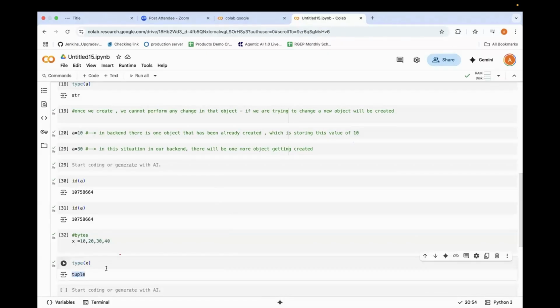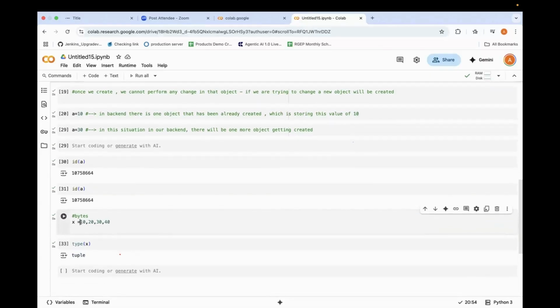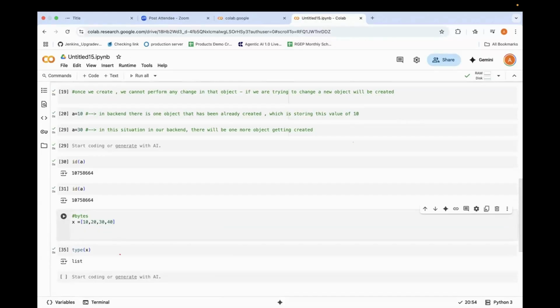It is a tuple. Anything that I'm not storing in braces becomes a tuple, and with square brackets it becomes a list. We'll go through list and tuple one by one.